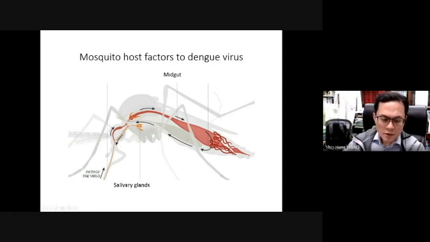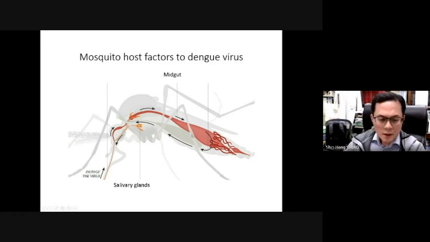During virus dissemination in the mosquito and transmission to a new mammalian host, dengue virus interacts with a variety of mosquito proteins, which are very unique and important during each phase of the virus